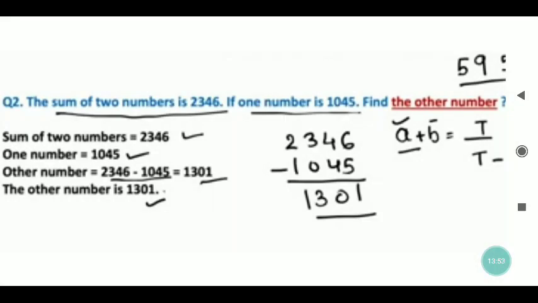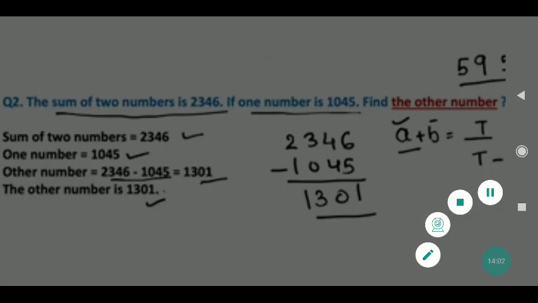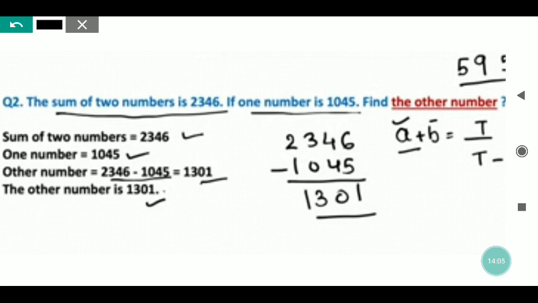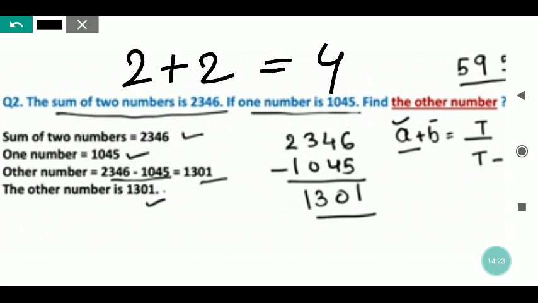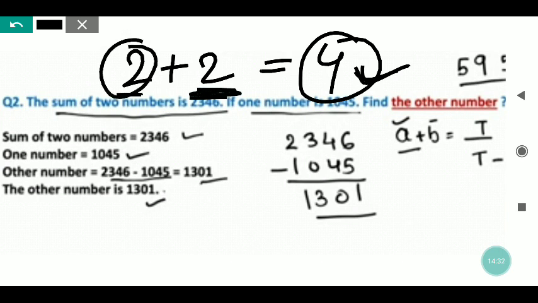This type of question, mostly you used to face the problem in writing these statements, because you used to understand the question, but somehow you used to face the problem in writing the statement. First, everything is underlined, my dear. First read the question. The sum of the two numbers is this much. If one number is this, find the other number. Too easy. Suppose sum means what? Like 2 plus 2 is written, then 2 plus 2 is 4. This is the sum. Yes, sum of two numbers. So if the sum is given and one number is given, you have to find the other number.